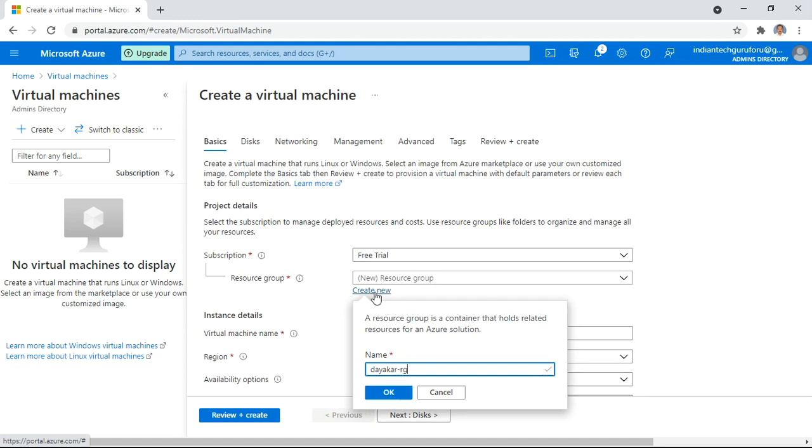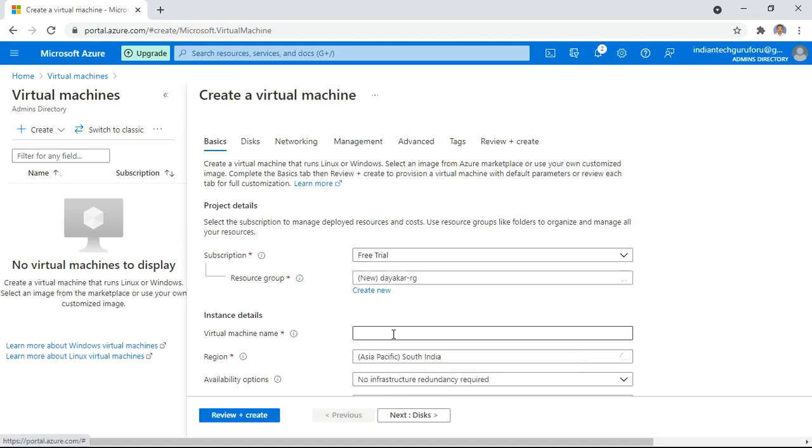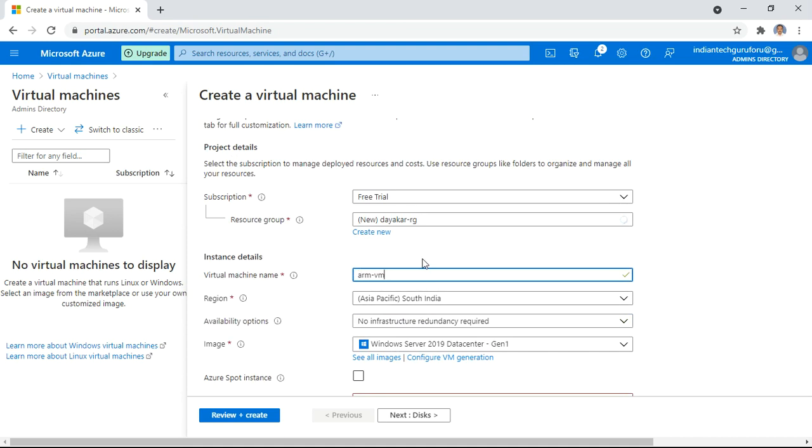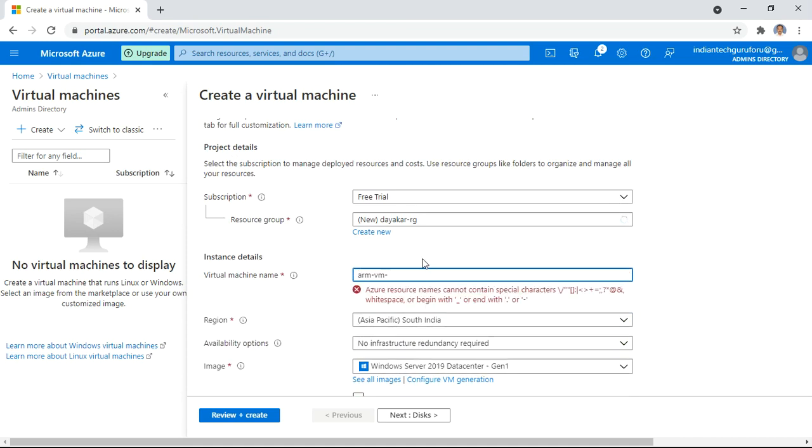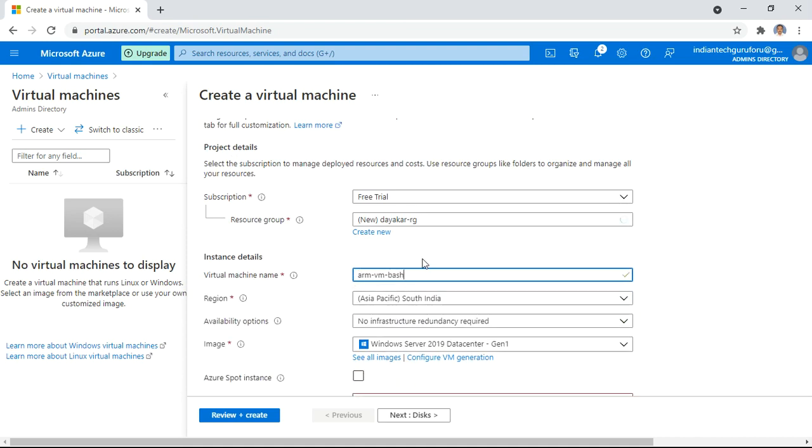I am going to create a resource group Dayakar RG and give the virtual machine name. I will give ARM VM as the virtual machine using the bash shell, ARM VM bash.